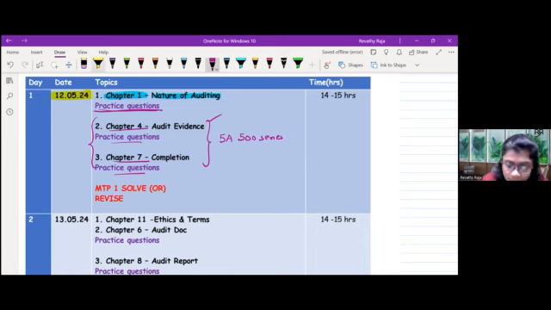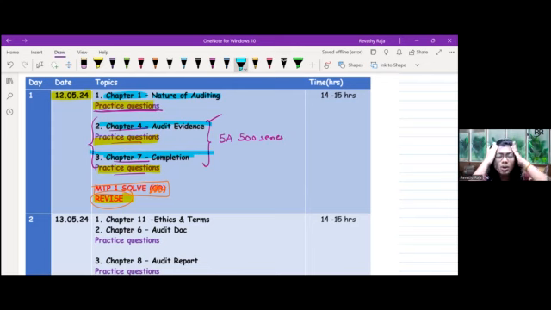So by then it will be evening time. After each chapter, don't forget to do the practice questions. Evening, mandatorily, before you end the day, before you sleep, either do MTP solving or revision. But I would like to edit and say, mandatorily do a revision of whatever you have finished so that you will recall the points. No, ma'am, how to do the revision? I'm not asking you to revise the entire chapter, each and every heading. No, just recall. Close your book, recall.